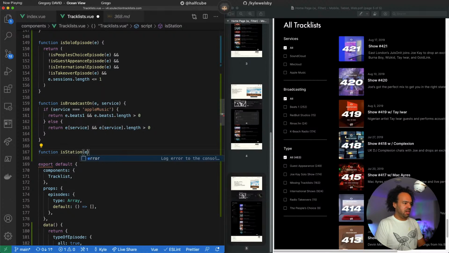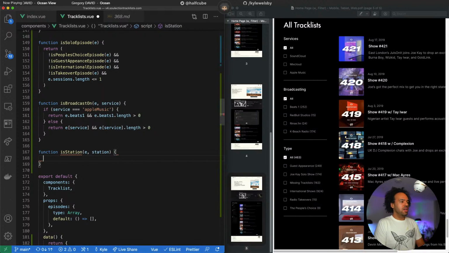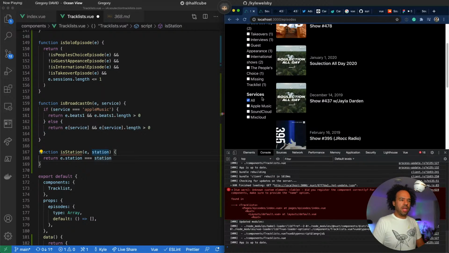We'll go with this. It is station, and we're putting this station there. We know that each episode has a station and it should match. It's easy. Might need to deal with something with the others and the counts of those. We didn't do the counts of these ones. Might need to do that.